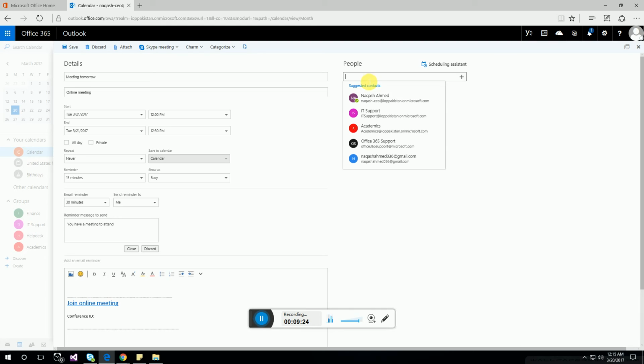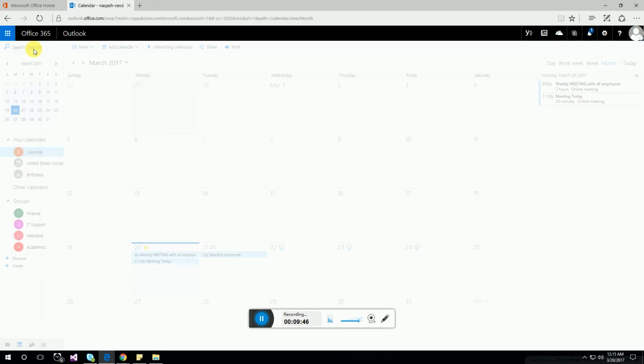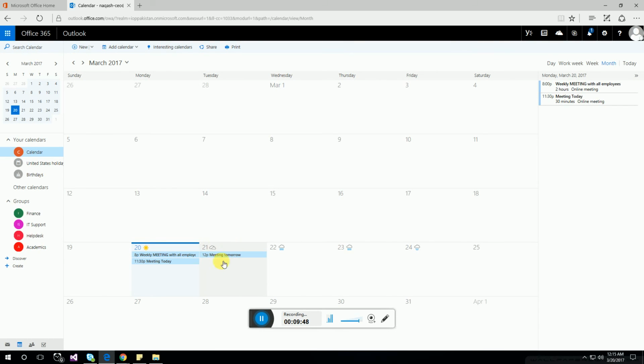From here I can add my attendees, although because I do not have any users in my tenant account, that is why I cannot add any new users. But there are groups that I have added before, like academic group. I can send that to academic group, and those members in academic group are going to get an email. Send. So here we have our meeting on 21, meeting tomorrow, and it will be